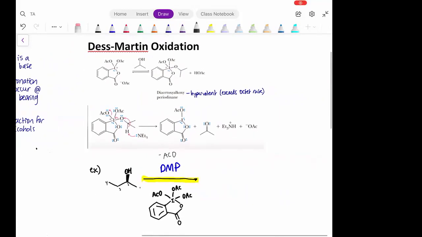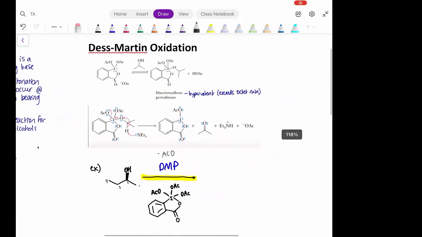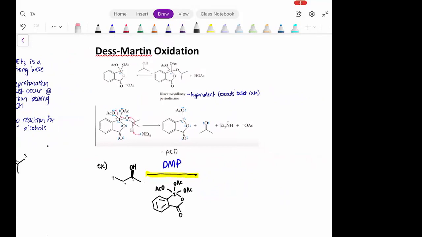Once again, I included the screenshot from the textbook. And one new thing about this reaction that is different from the Swern oxidation is this molecule DMP, which stands for Des-Martin periodinane, or I think that's what it's called. It's in the textbook, but all you really need to recognize is this molecule if you see it on your exam, or maybe Dr. Lopez will